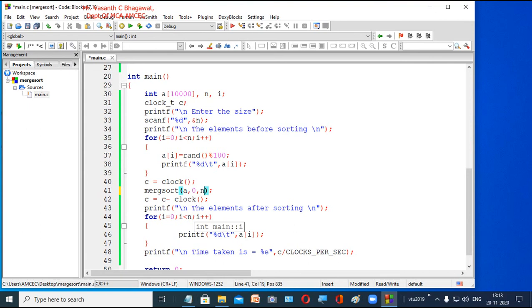Because if you start from 0, it should be n minus 1, not n. So now let us execute and check whether we get the same output this time.